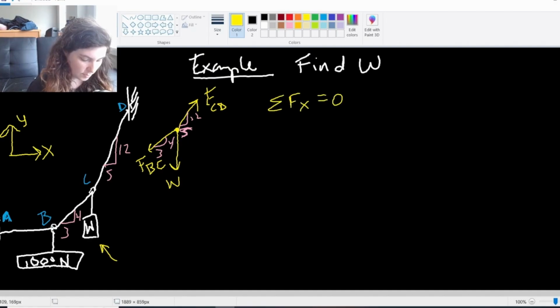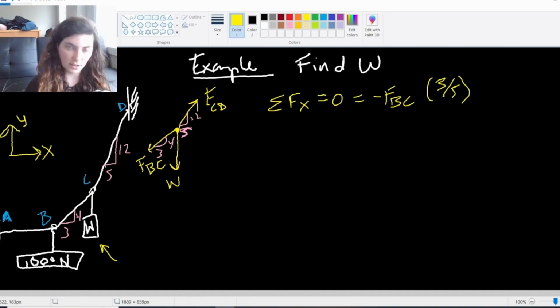And so my FBC is in the negative x direction, so I'm going to look at that one first. Negative FBC times its ratio in the x direction, 3/5. Right? 3/5 in the negative x direction,